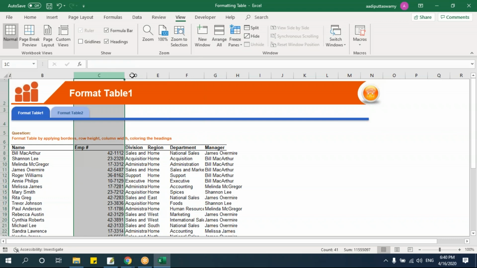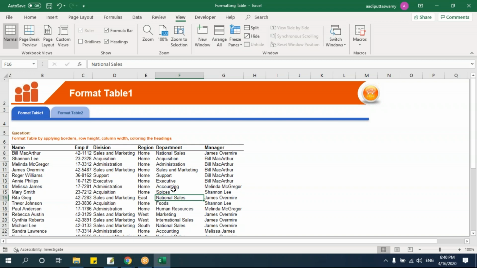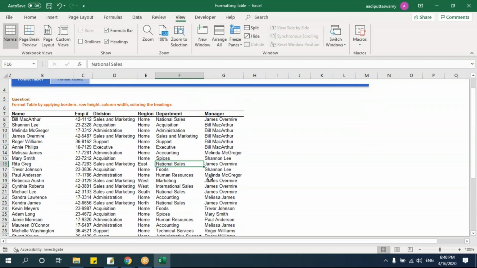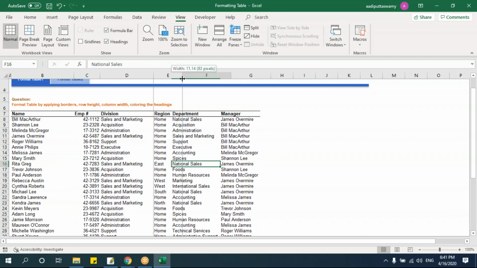Let me select this completely. I'll move my cursor onto this column. The cursor will change to the arrow mark, and I will select this. Just double click on any of these dividers. This is called auto fit. What it will do is take the maximum column width and adjust the data. Now if you see, it is still not giving me the exact column width. So I'll try to increase this. See, just increase a bit.